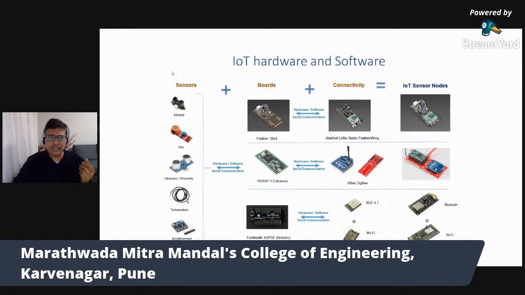Together, you can see a sensor with my microcontroller board and my wireless communication module can make my IoT sensor node. Whenever you talk about any IoT sensor node, essentially it comprises your sensor interfaced to your microcontroller, and then you have a kind of communication attached to it. That could be Zigbee, or Wi-Fi, or low power Bluetooth. I think this slide is important, and it provides you a snapshot of what any IoT sensor node looks like.